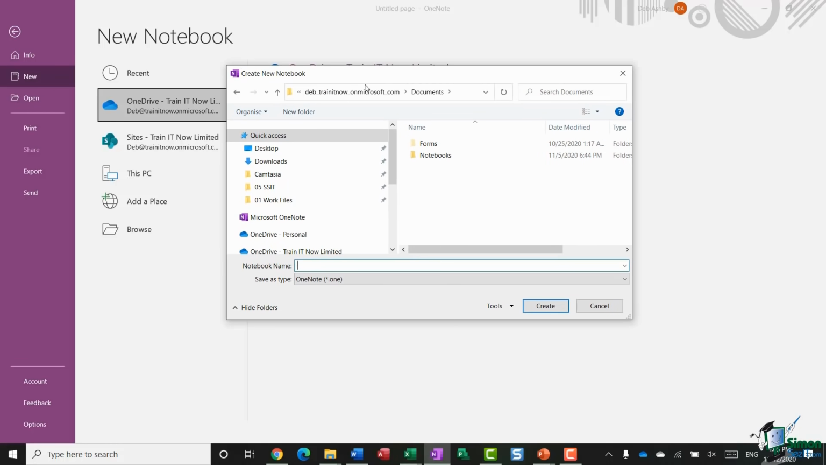And when I click it, it's going to jump me to that folder. And I'm going to say I want to put it in the folder Notebooks. And then I'm going to give my notebook a name. So I'm going to click in the notebook name field, and I'm going to call my notebook Project Artemis. So maybe where I work, we are working on a project that's got a code name of Project Artemis,